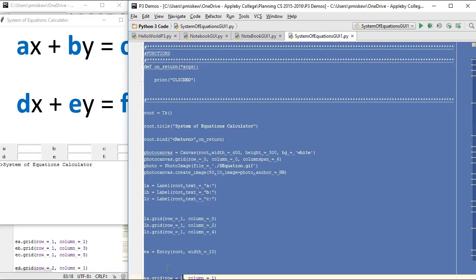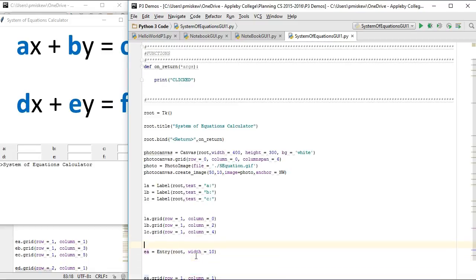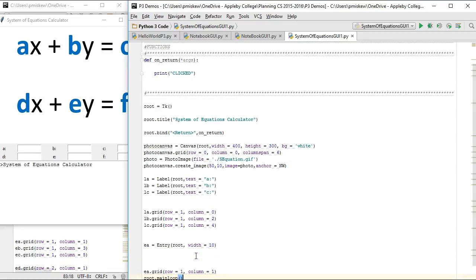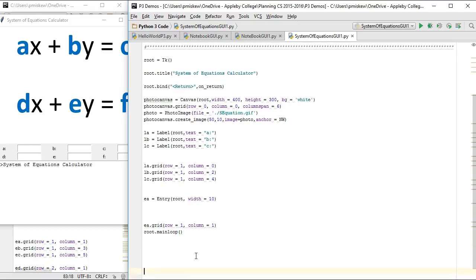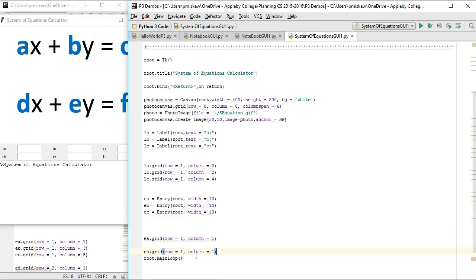So again, oh, pardon me. So let's take our entry widgets, put a bunch of entries in there. So entry widget A, entry widget B, entry widget C. Copy that. We're going to place them. And again, they're all going to be in row 1, but if we look at our template here,